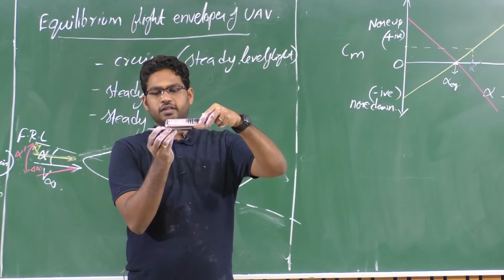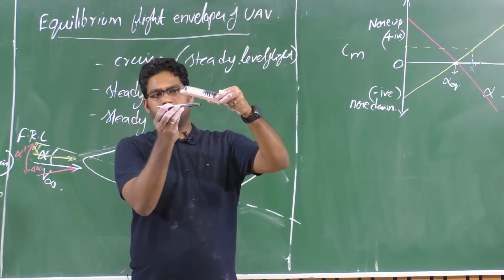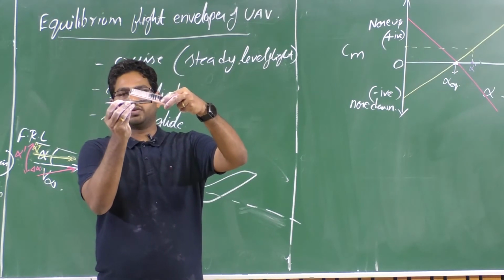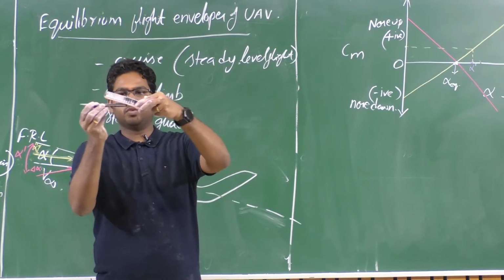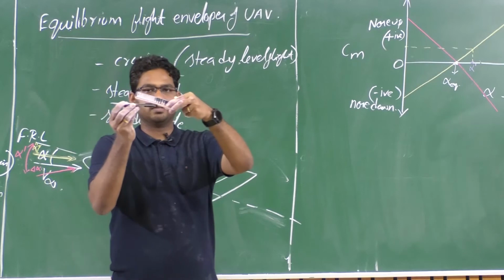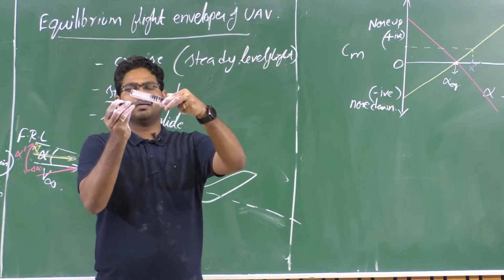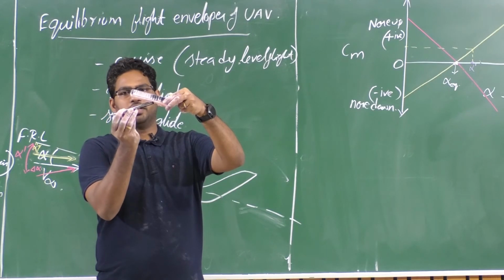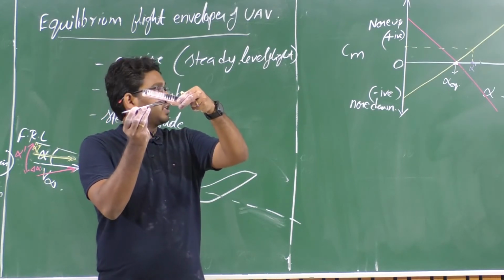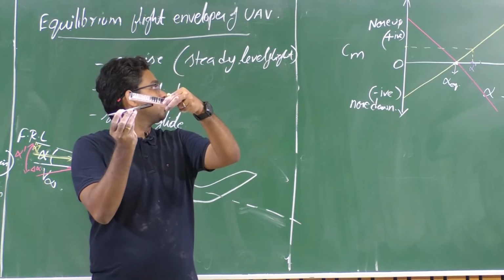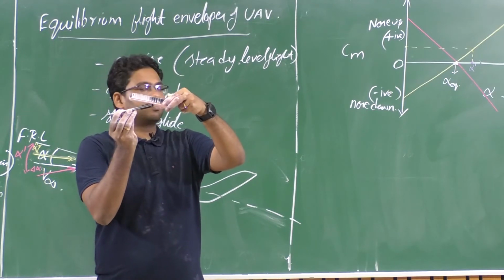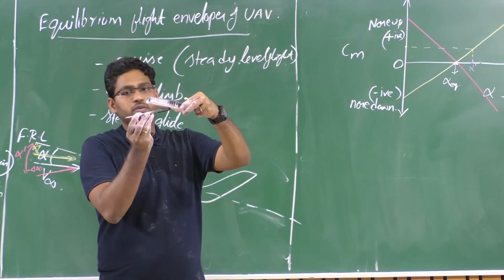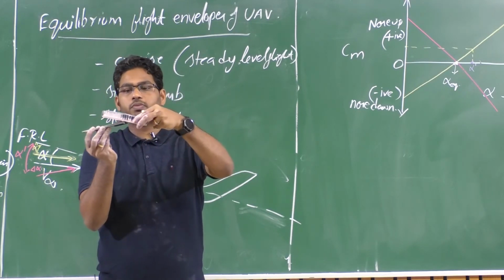So otherwise you can say this paper cutter is my free stream velocity, and my aircraft is oriented in this particular fashion and moving in a level flight condition. Now when there is an increase in angle of attack because of a disturbance, if this aircraft possesses the Cm variation of curve B, this will produce a positive pitching moment.